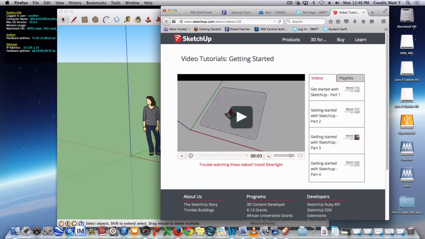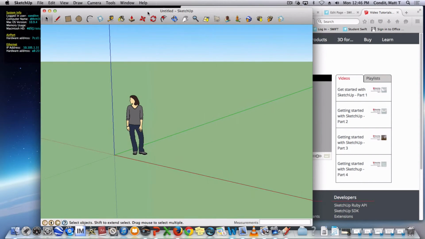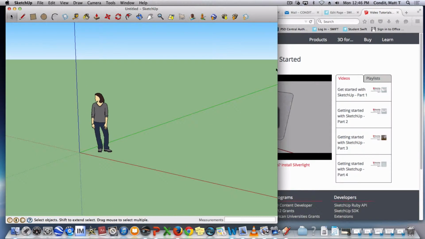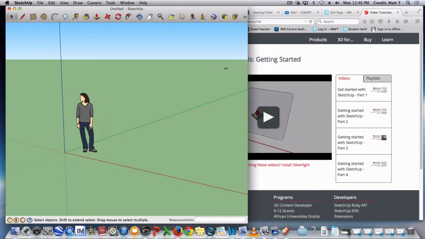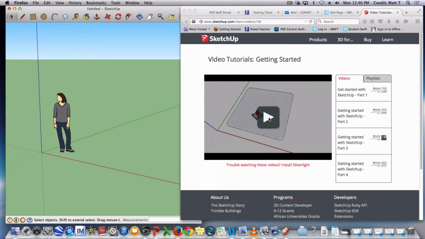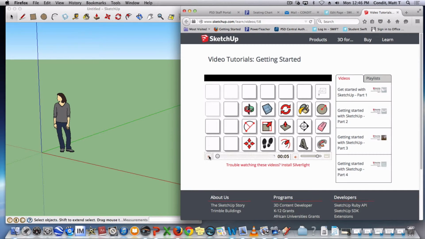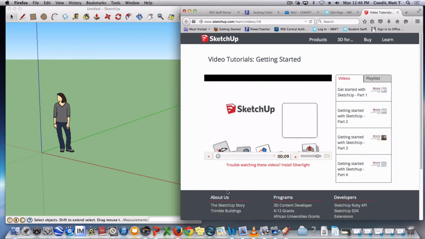The best way to do these training movies is to do a split screen with your computer, where you've got SketchUp up and where you have the movies up. And what that allows you to do is you can just watch the movie, which is going to be taking you step by step how to draw different things in SketchUp. And when you watch it, if you get to a point where it tells you to do something, then you can simply